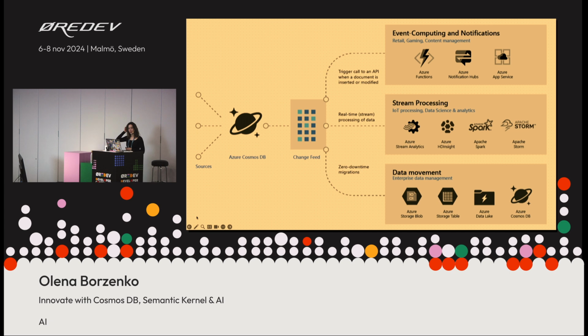And zero downtime migration: I used to get the question at conferences, what if I want to change the database and move somewhere to a different data storage? I think this is just a default question when you choose any database. It's very easy to do with Azure Cosmos DB because of the change feed feature. You can connect to the change feed and extract all the data that was put in the database or changed at any point in time. So basically, it offers you event sourcing out of the box.